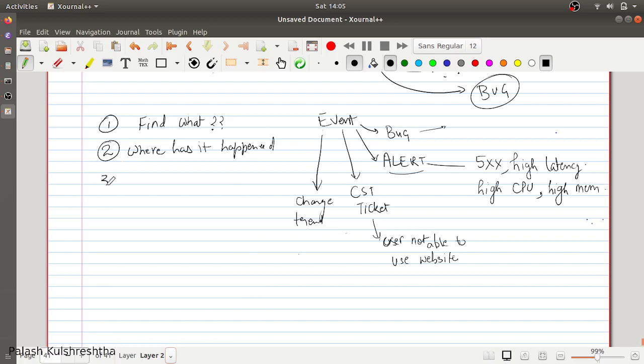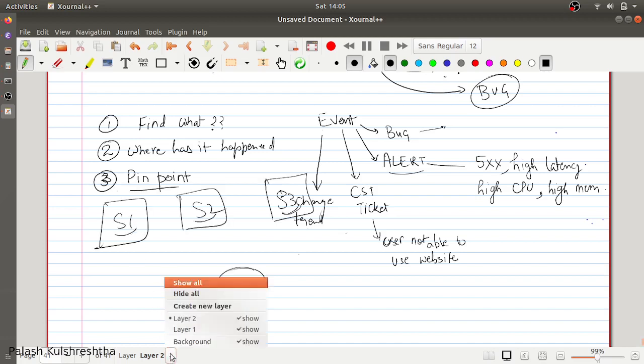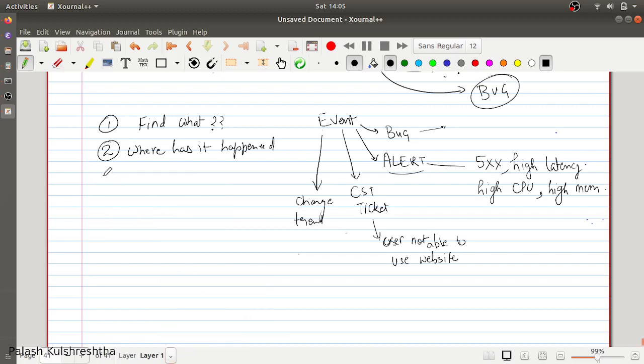And number 3 is pinpointing where that event has happened.